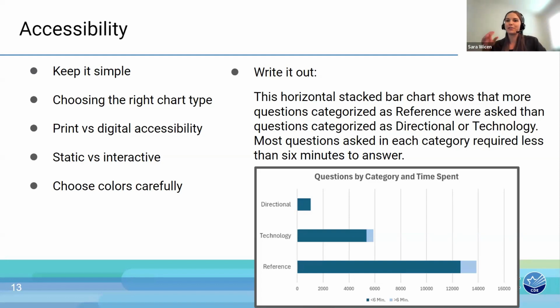So you'll want to make sure that you really have the text around a visualization that helps give context to what you're sharing. Also think about how your color choices are going to look when printed. I've been caught off guard by that when sometimes shades that you think have enough contrast do not. And we'll talk a little bit more about that later as well.